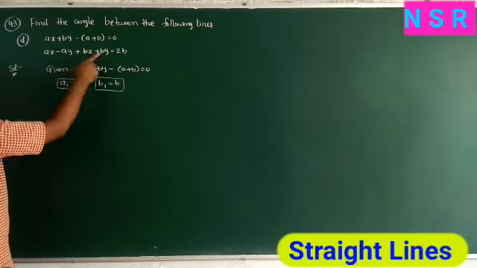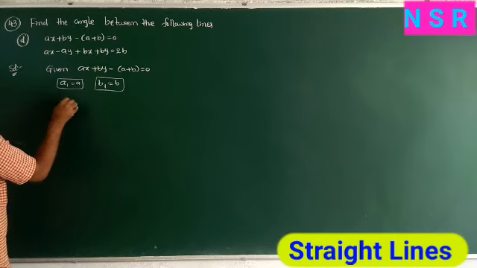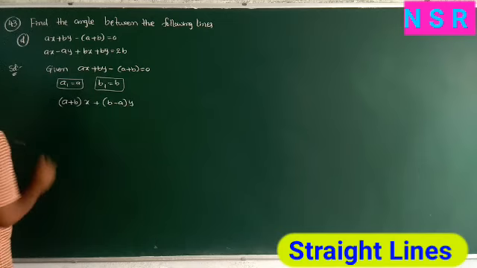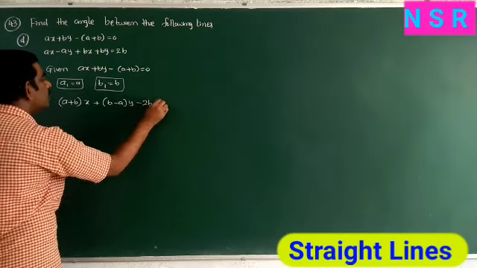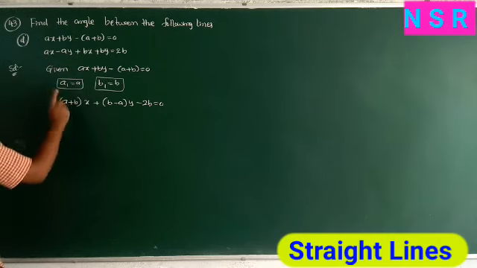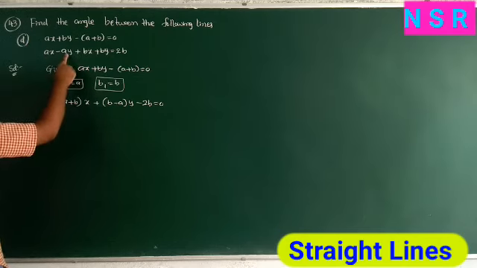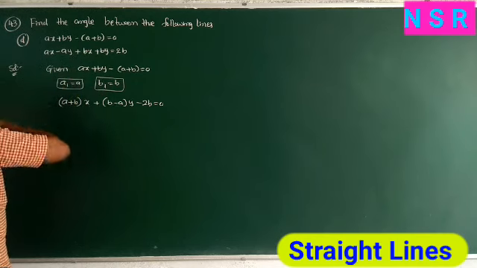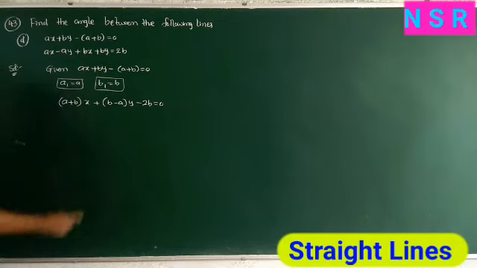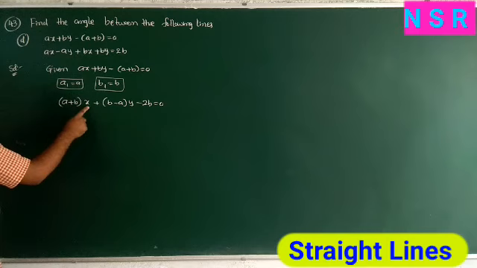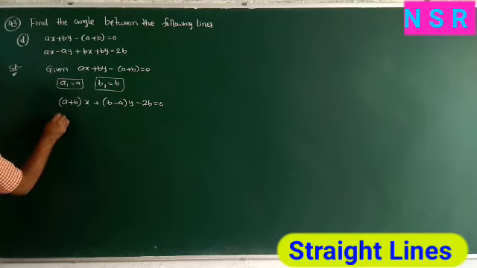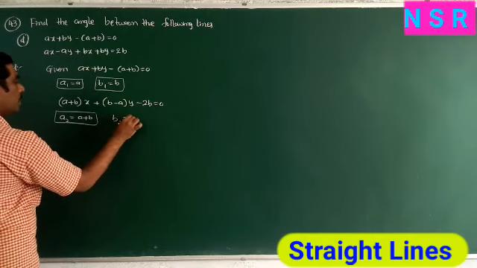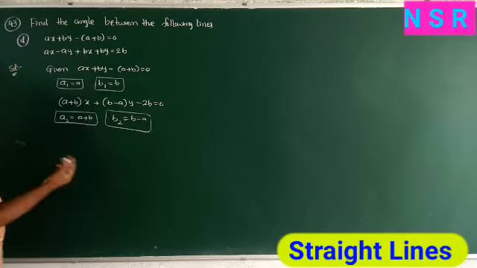Next, the second one is Ax, Ay and Bx, By. So first take x and y as common here. We get A plus B into x, next B minus A into y, minus 2b equal to 0. The 2b moves to this side and becomes minus 2b equal to 0. Now this equation we compare with A2x plus B2y plus C2. Now A2 is equal to A plus B, B2 equal to B minus A. So we get A1 B1 and A2 B2.